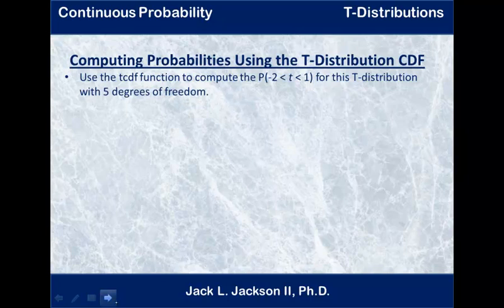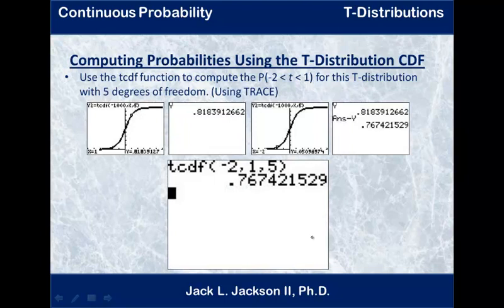Okay, so now use the CDF function to compute the probability that t is between negative 2 and 1. Again, with 5 degrees of freedom. Well, we can do it from the graph this way, this series of these 4 smaller windows here. If we've got the graph going, we can trace. And we trace it at the right input at 1, and we get a probability of almost 82%,